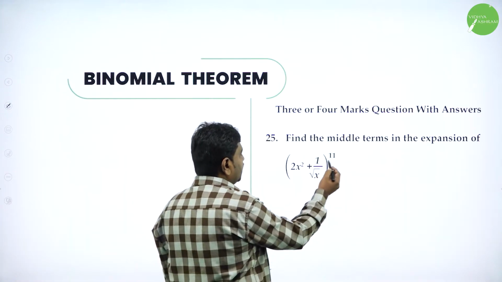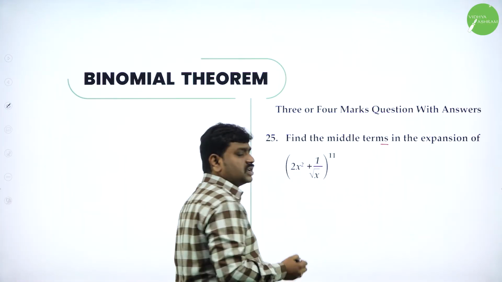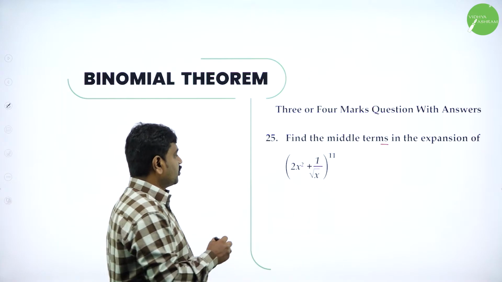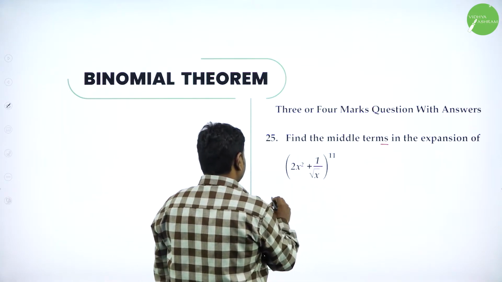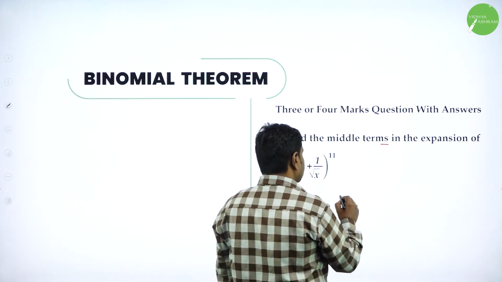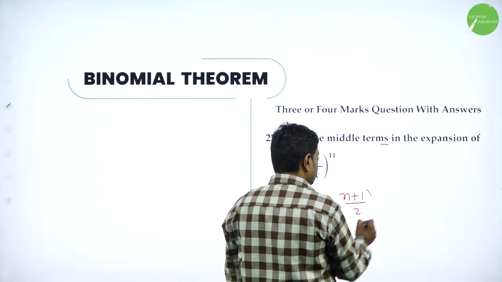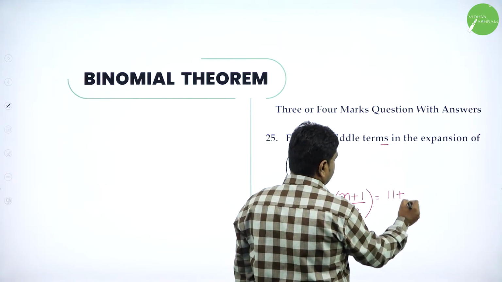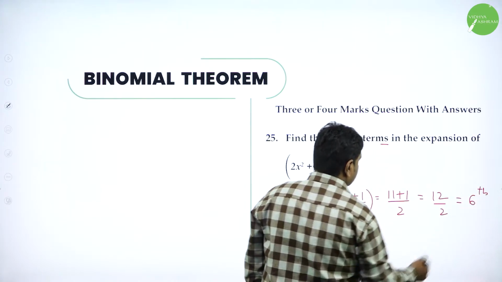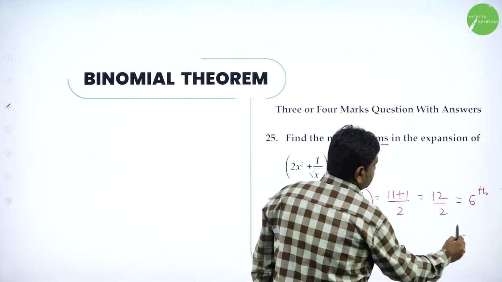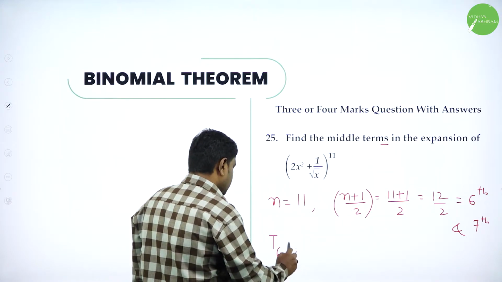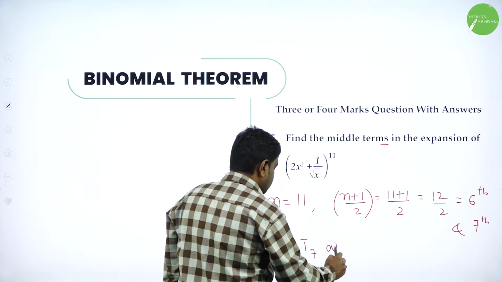The next question, find the middle terms again in the expansion of this. In my last class, I took the problems where the power is an even number. Now all the problems with power 11, they want the middle term for this. Here you can clearly see n is 11. So 11 is an odd number. The middle terms are what? N plus 1 by 2, that is 11 plus 1 by 2, that is 12 by 2, that is 6. So 6th term. So therefore the 6th and the next term. What is the next term to the 6th term? 7th. So first you should conclude. Therefore T6 and T7 are the middle terms.